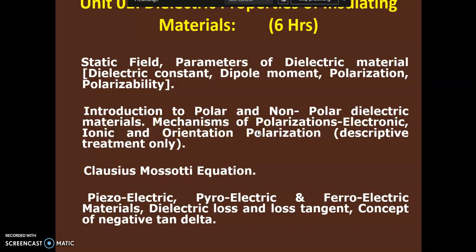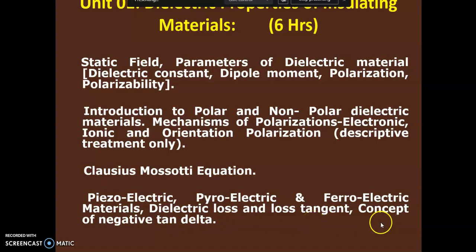Mechanisms of polarizations. There are different types of polarizations, so we have to learn different mechanisms of polarizations: electronic polarization, ionic polarization, orientation polarization, descriptive treatment only. So mathematical formulas or derivation is not required for polar and non-polar material. But for the Clausius-Mossotti equation, we have to see the derivation, then piezoelectric materials, pyroelectric materials, and ferroelectric materials, dielectric laws and loss